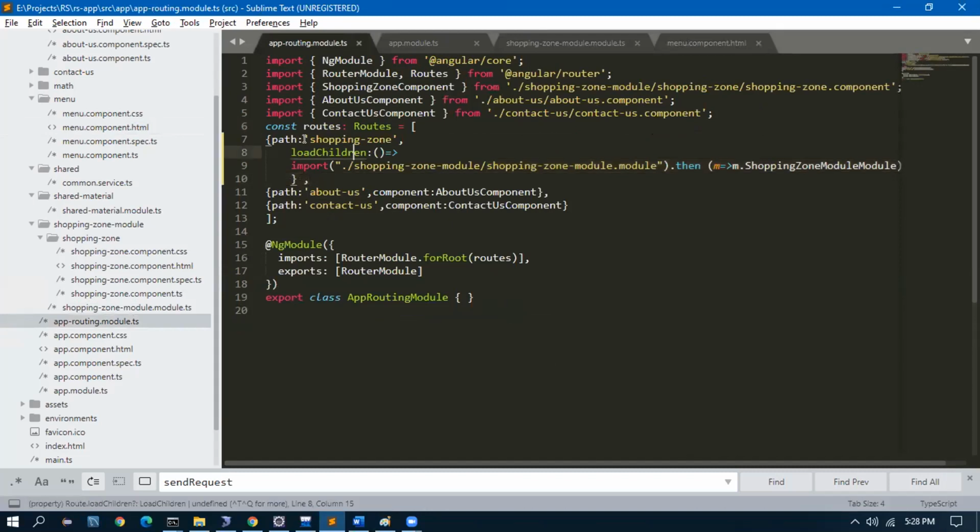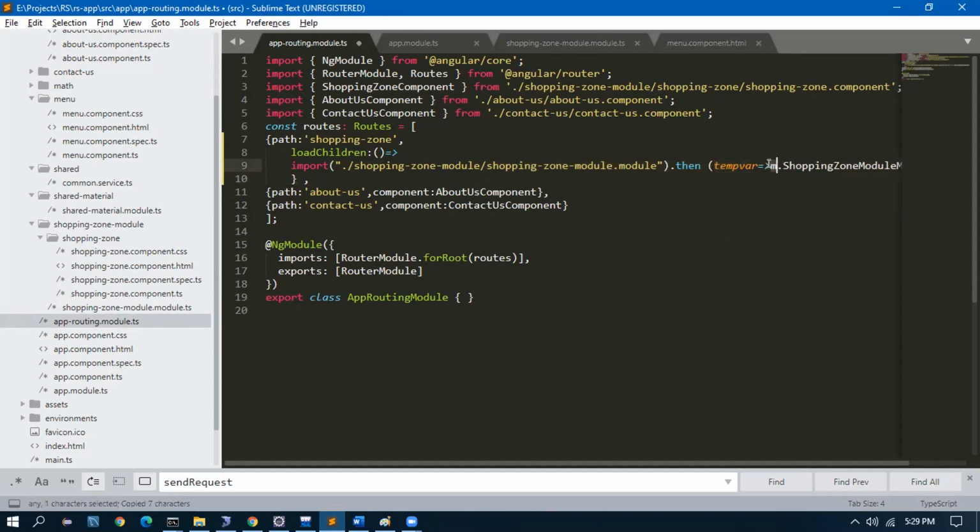Yeah, here, loadChildren is the path. Load children means when this URL is coming, you have to load. I am not in charge. You have to load the children from the module. So import, this is the module file name, and you have to use this module. This is a syntax. So what is this m? m is a temporary variable.